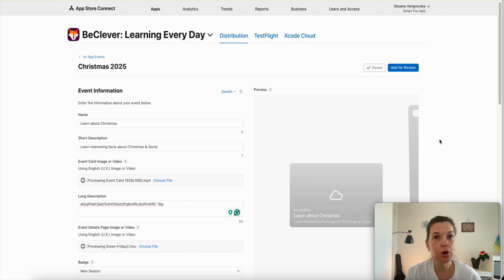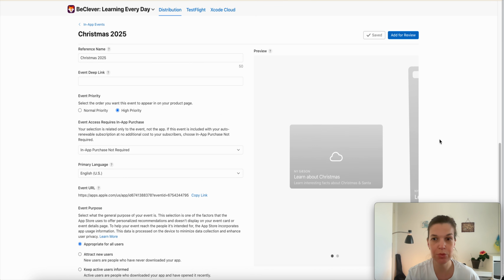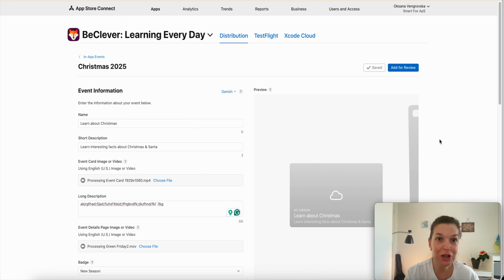So that's how you create your in-app event. I think that's all quite straightforward, but for those who are doing it for the first time, it can be a little bit overwhelming, and maybe people get worried why it takes so much time to process, and maybe somebody doesn't know that there is a deep link involved. So take all of this into account. As I said again, don't forget about localizations. And after you start running your in-app event,